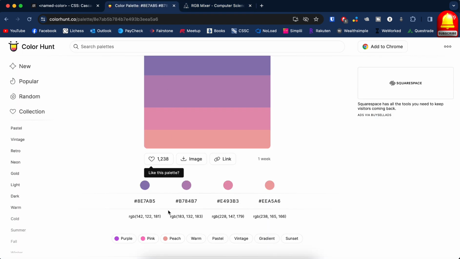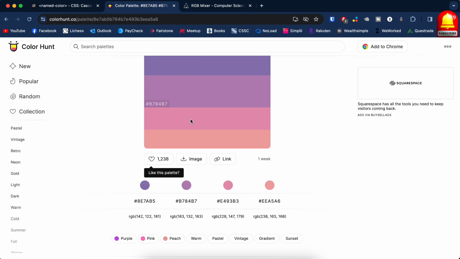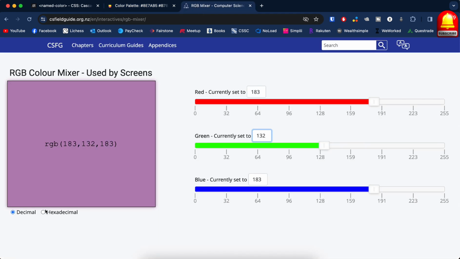So this is 132, like what we saw here. Just compare this color with this one in here, which is the second one, and that's the exact same thing, right? And if you go to hexadecimal, it gives you the code, which is